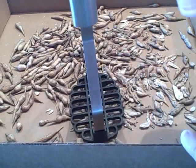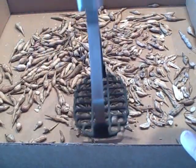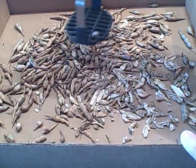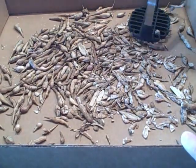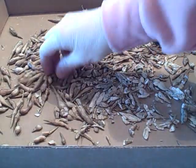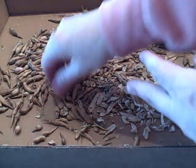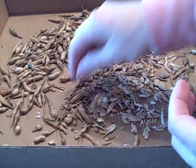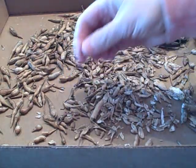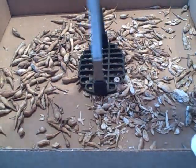Now, I have noticed it's not hurting the seed at all, but you don't want to put a ton of force on it either. But look at that, works pretty good. I was also doing them by hand, but your hands are going to get sore. I was just taking them and crumbling them up by hand, which works too. A guy could put a glove on and do that. And it's something you can do at night when you're in front of the TV, and it's kind of nice. But I like the potato masher